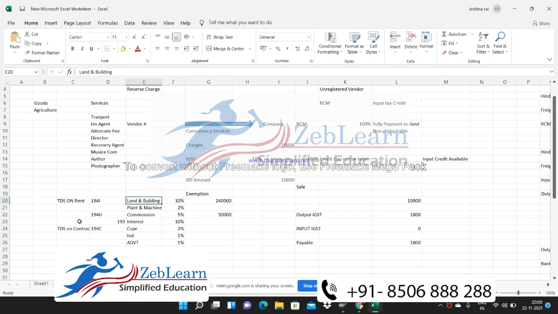Okay, these are the TDS rules. These are the TDS sections. There are some more sections also, but all these sections will be applicable in case of services you are getting.